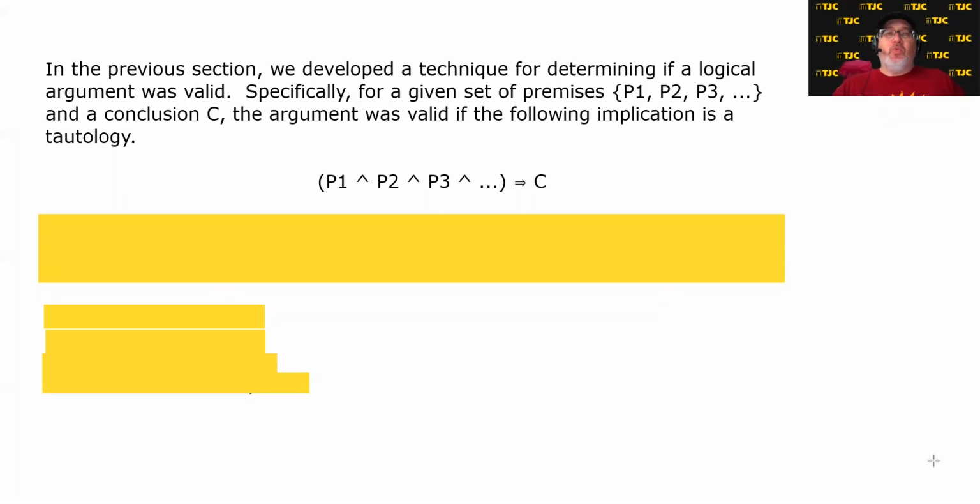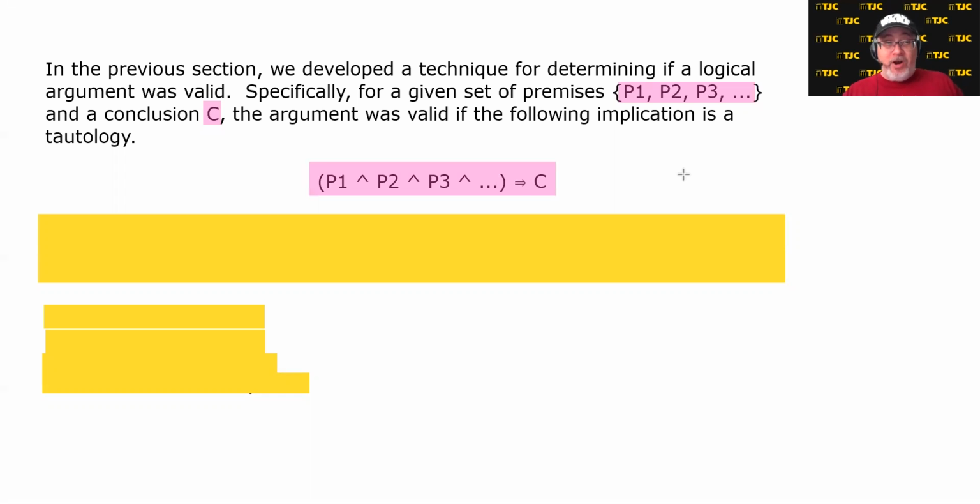In the previous section, we developed a technique for determining if a logical argument was valid, specifically for a given set of premises, and we called those premises P1, P2, P3, however many of them we had, and some conclusion C. The argument was valid if the following implication is a tautology: the conjunction of the premises implies the conclusion. In other words, the argument was valid if the conclusion logically followed under the assumption that all the premises were